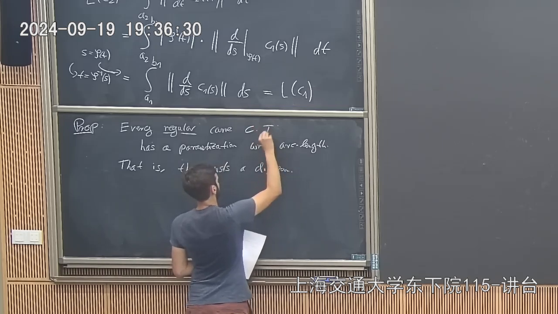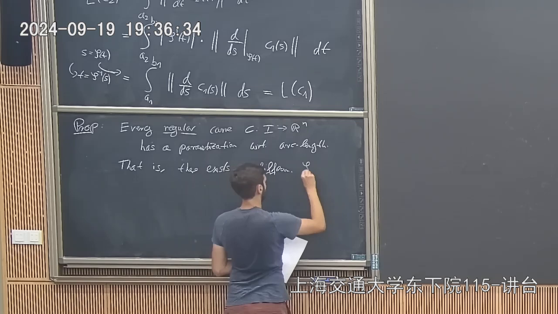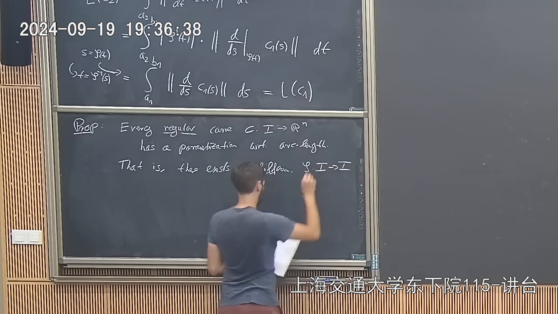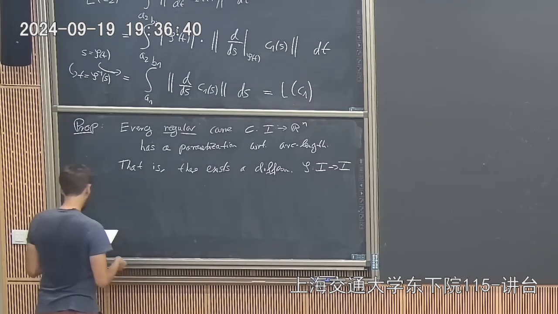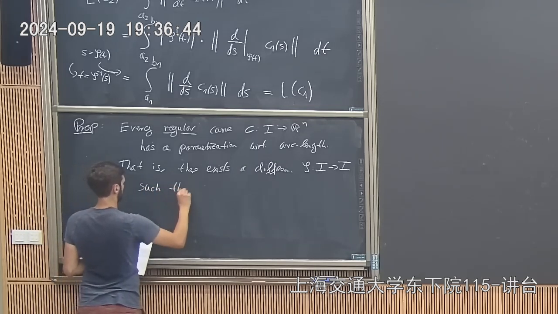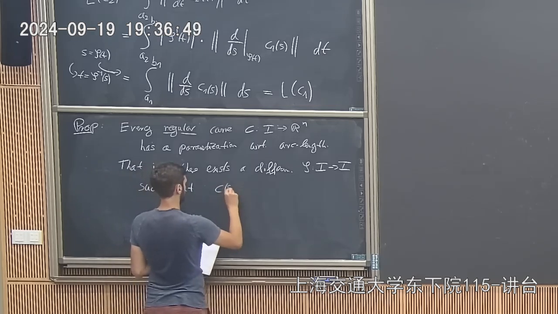So that the curve was defined in some interval, such that the curve which is given by